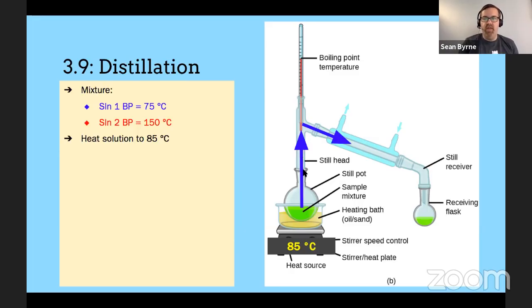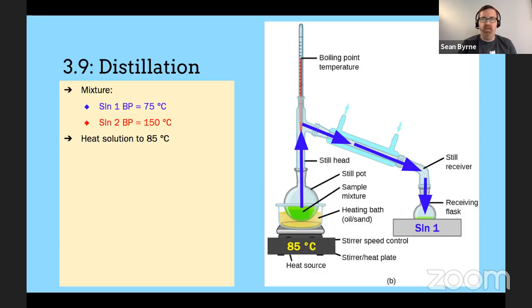And then it will start to condense in here, and that condenses again because we have some cold water coming in through here, and the cold water is then released out on this side. We would have a tube that's probably connected to a sink on this side, and then it goes down the drain on this side. So just a continual stream of cold water that keeps this cold, keeps our gas condensing over here, and it finally falls into our receiving flask over here,